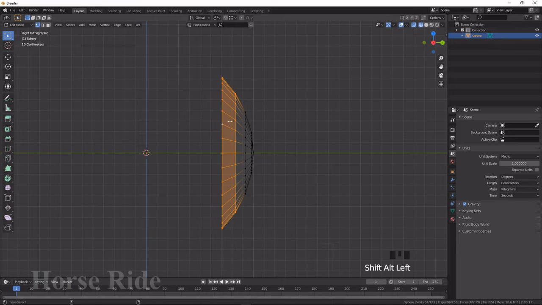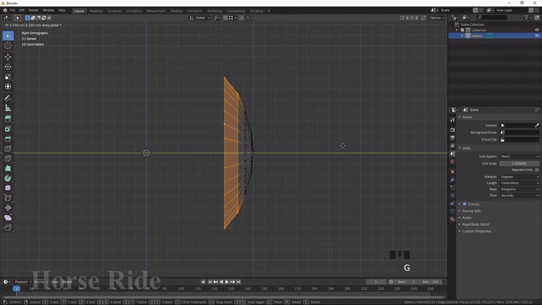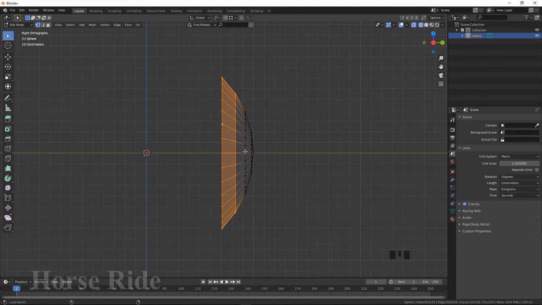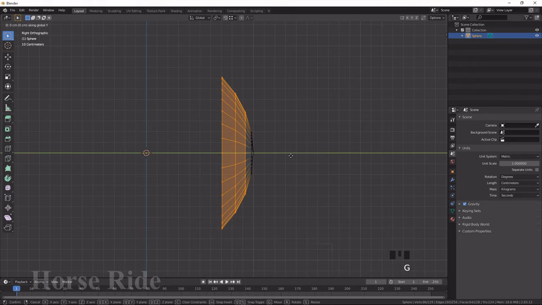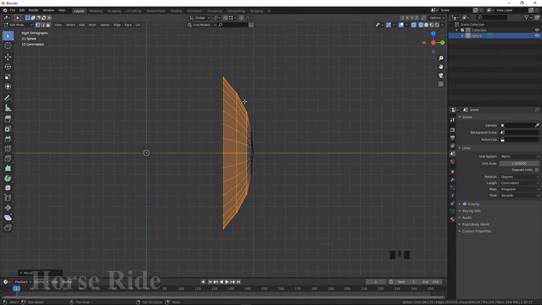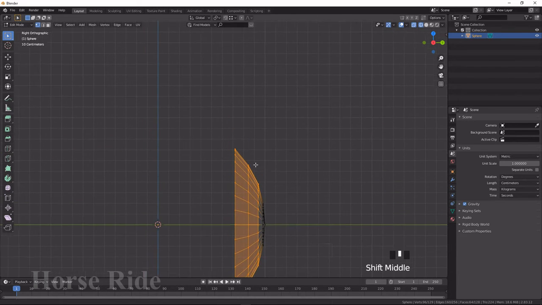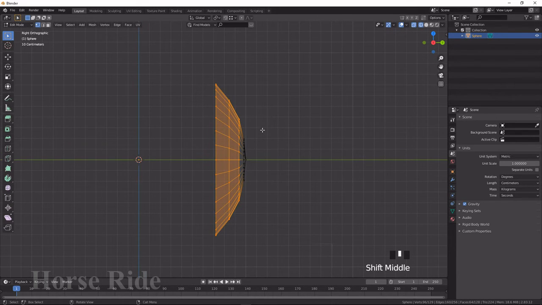I select these two vertices, press G Y using the Shift key. I'm moving a little bit further. I select these two, G Y using Shift. I'm coming further. If you use C on the keyboard for circle select, the middle mouse button unselects the vertices.